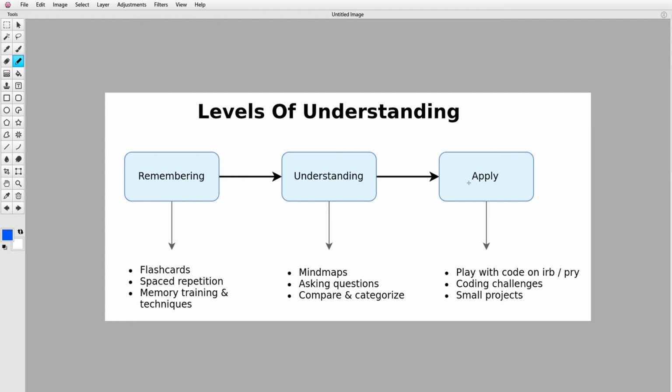The last step in these levels of understanding process is to apply something. Once you remember and you understand it, then you're ready to apply it. So what does it mean to apply something? Well, that depends on the domain that you're working on. So if you're working in physics or mathematics, then applying it means using the formulas, right? Use these formulas on different situations. In programming, it means coding. It means actually getting